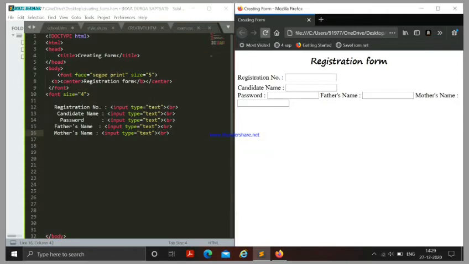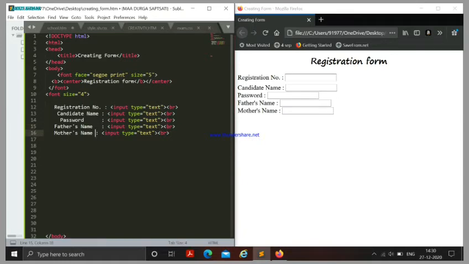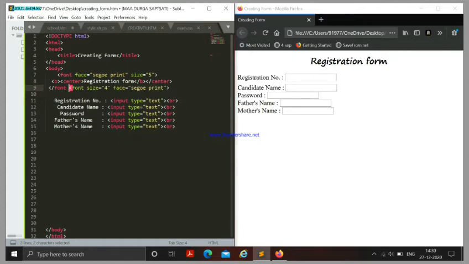And now you refresh, and you can see every name is on the next line. You can give any font face as your choice, and I am giving Sejo Print.